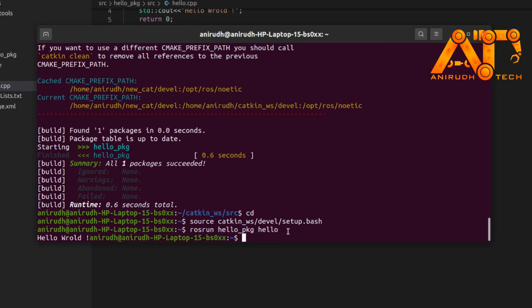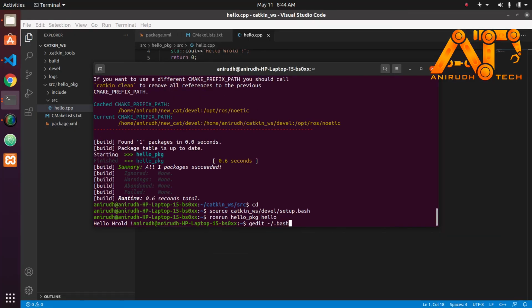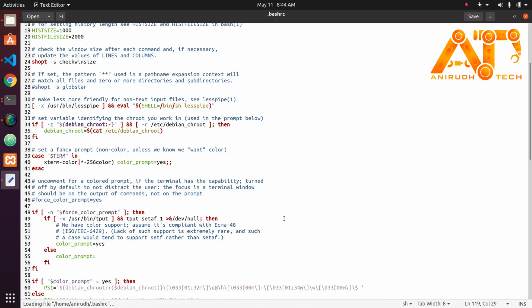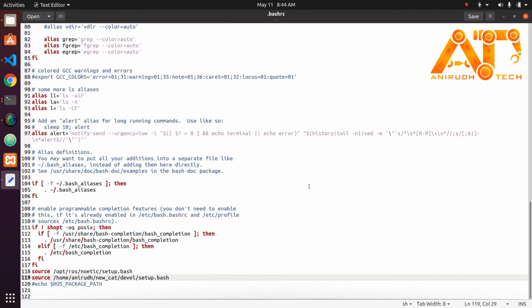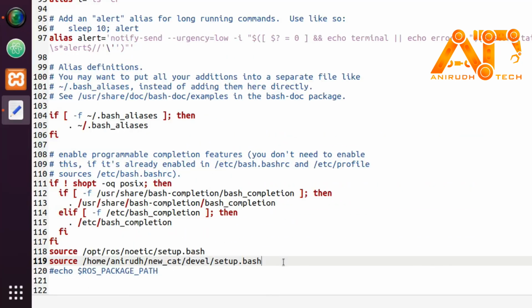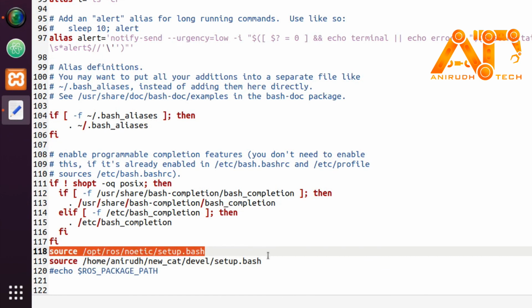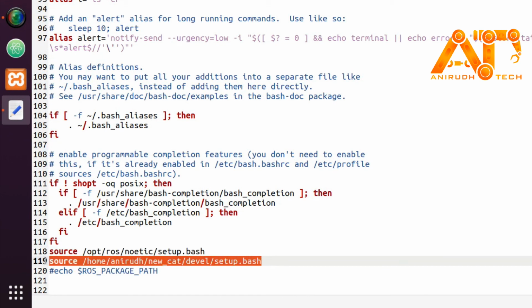Maybe you will get an error that the package is not found. Then go to gedit, just type gedit ~/.bashrc. Yeah, now this file will open, and go to the bottom and you can see I have sourced my workspace here. There you can give the name to your devel and setup.bash file.